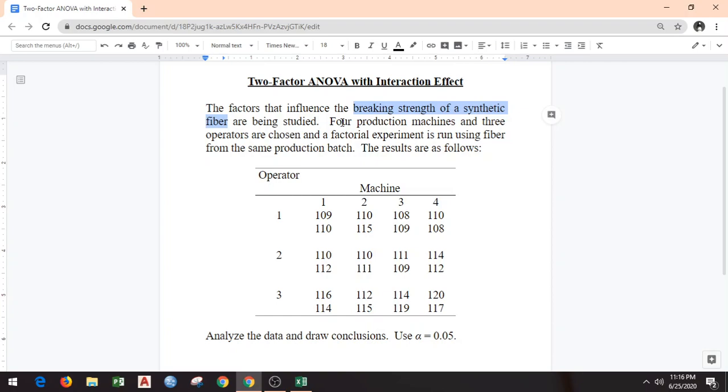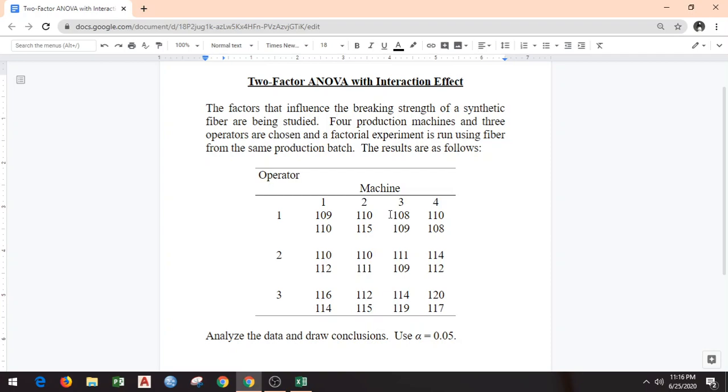And what factors affect or influence this breaking strength, we are interested in studying them. 4 production machines and 3 operators are chosen, and a factorial experiment is run using fiber from the same production batch. The results are documented in the table below.